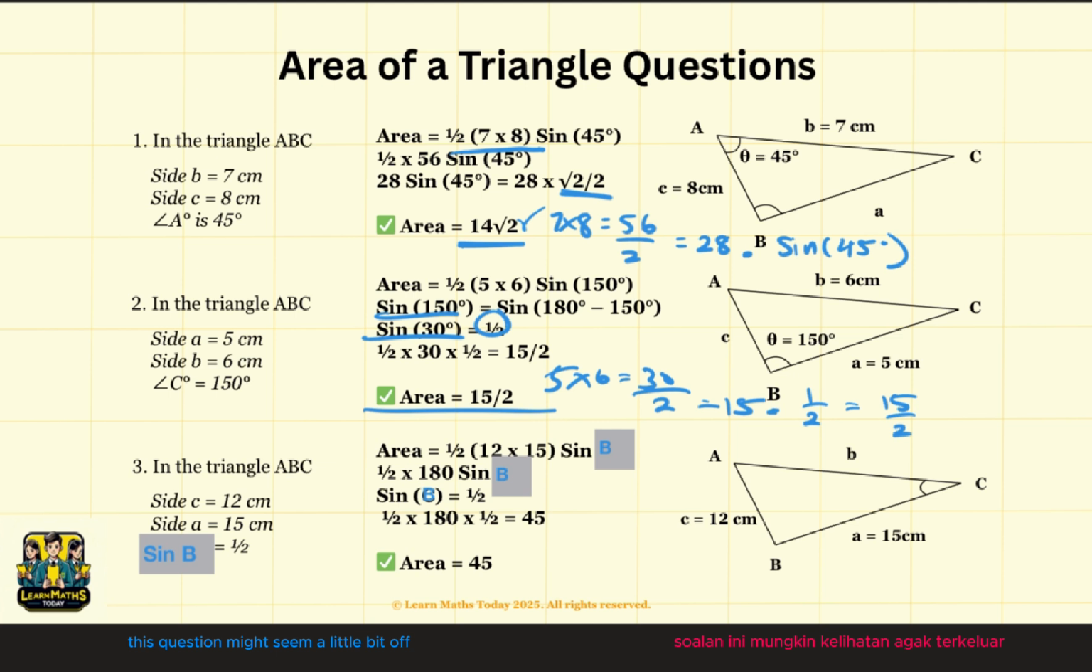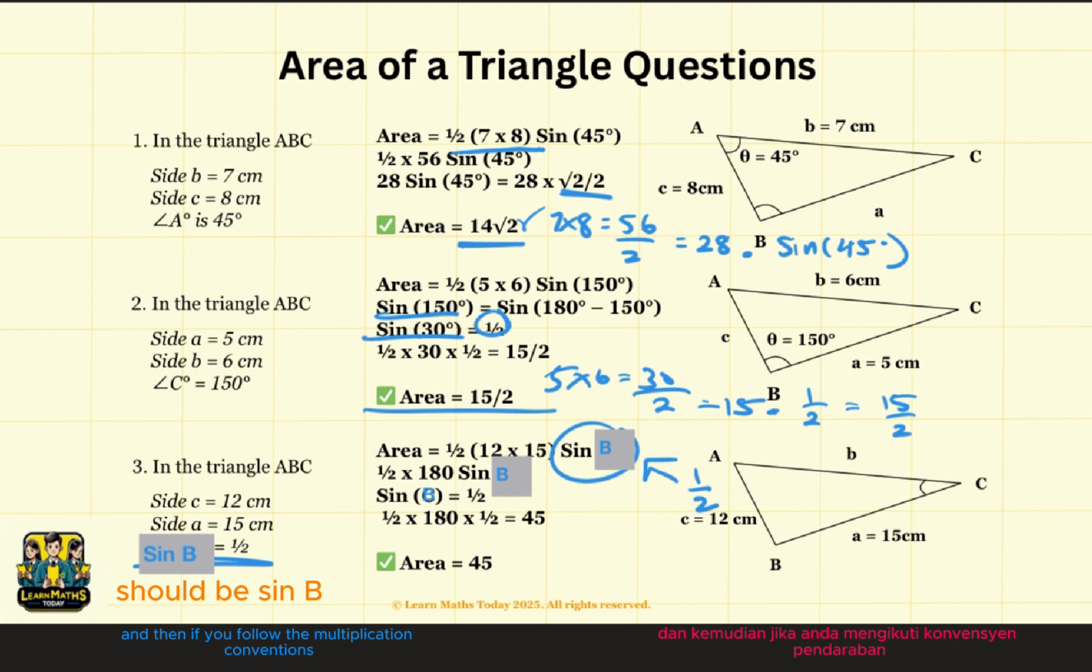This question might seem a little bit off because you don't have the degrees required to calculate this. However, if you look at the way the question is formatted, you will notice that sine of C appears in the equation as a whole, which allows you to replace sine of C with 1/2, and you don't have to do any further math for this part of the question. You're basically just substituting 1/2 right in here, and you don't need the degrees for it. And then if you follow the multiplication conventions with the side lengths, you'll get an area for the triangle ABC as 45